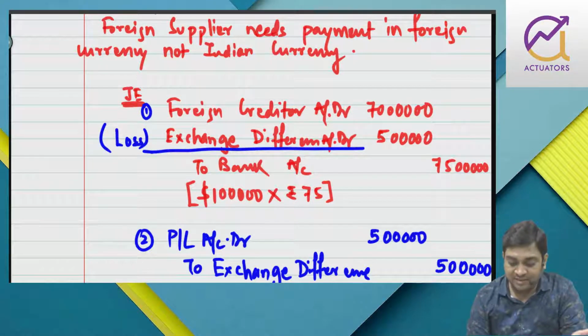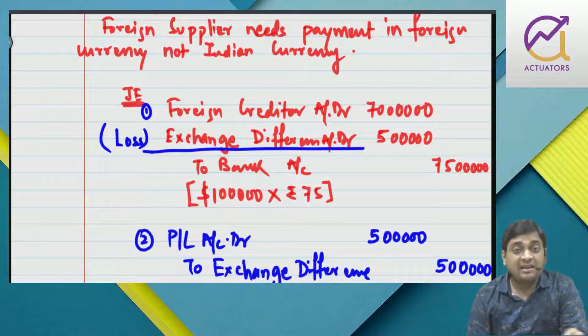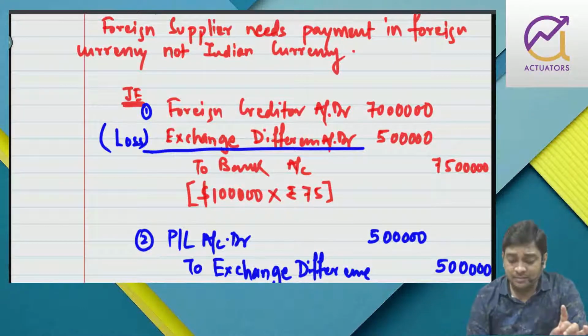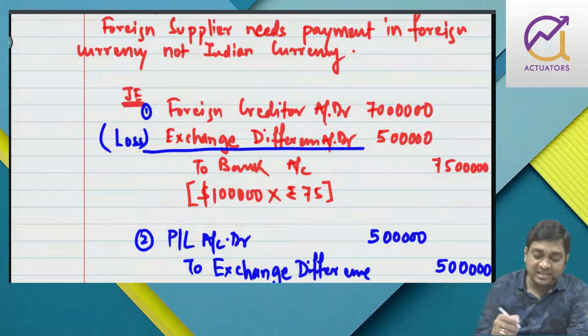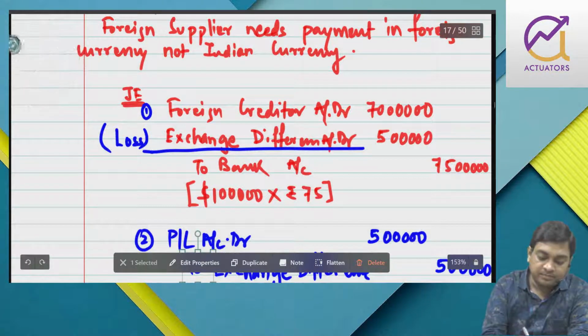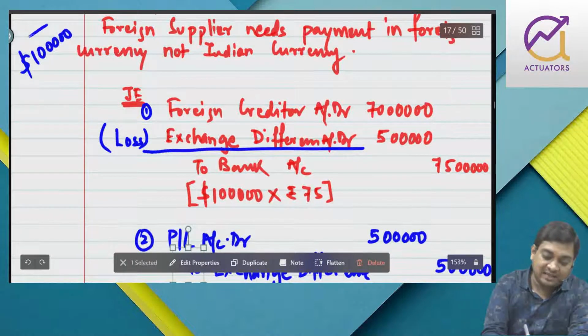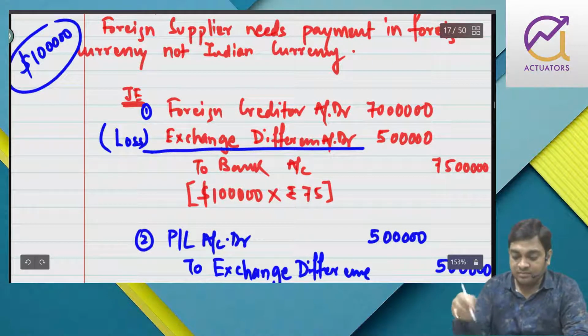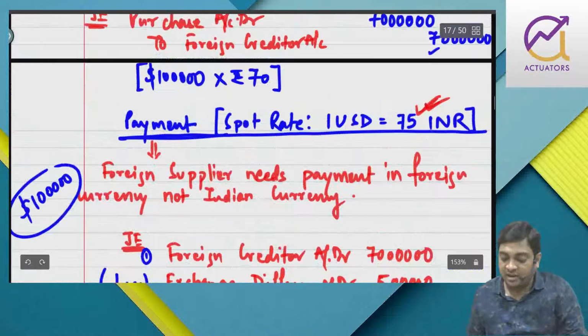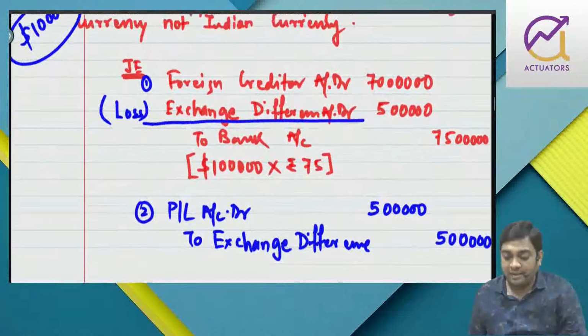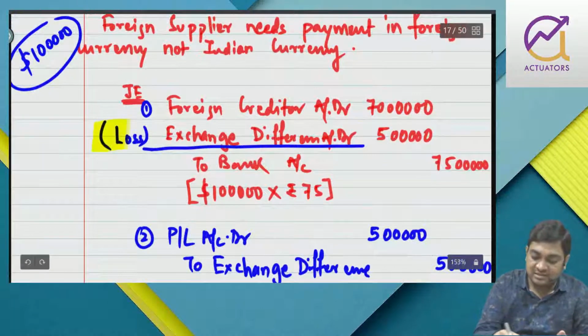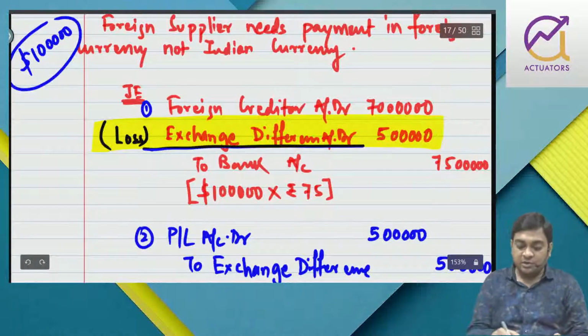After 3 months, if payment is being done, I have to pay in foreign currency, right? The person will not say, oh, that time Indian rupee conversion was done at 70 lakhs, I'll give you 70 lakh. No, the billing is being done in foreign currency, so he will accept payment in foreign currency. He needs simply $1 lakh. So you have to give him $1 lakh, not 70 lakh. Now, how do you give it? By buying. On the date of payment, the spot rate is 75. So kindly go and buy. So there will be an exchange difference which will be transferred to profit and loss account.